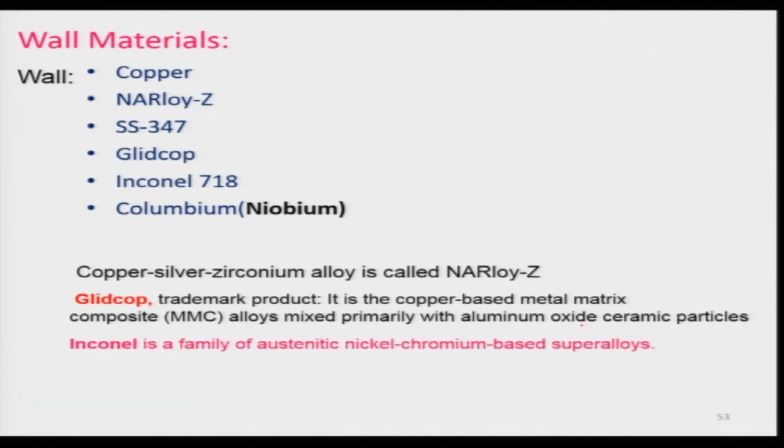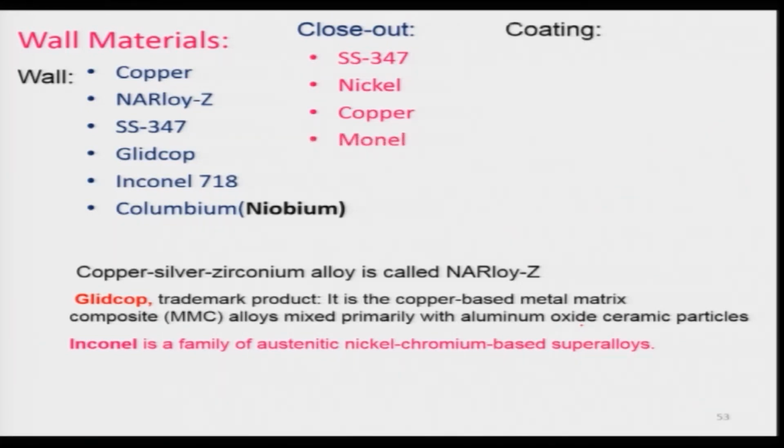So, Inconel is a family of austenitic nickel chromium based super alloys, and some of the super alloys are used for manufacturing of the thrust chamber and also the nozzle. And let us look at the closeout. We will be having S 347 and nickel alloys, copper, monel, and the coating wise, of course, the platinum coating is being used because of the catalytic material, and